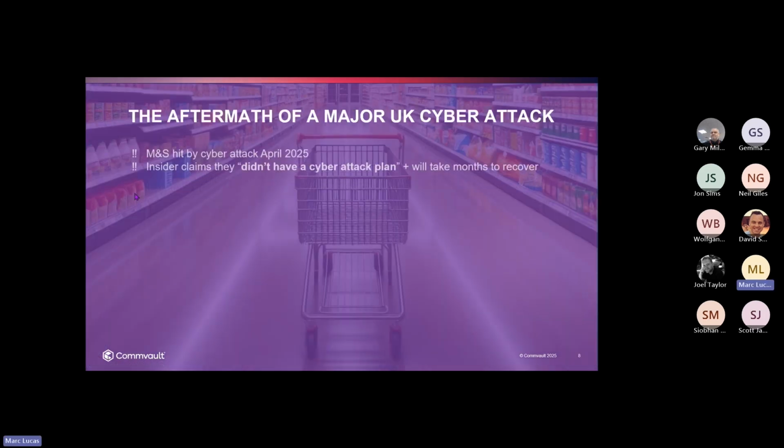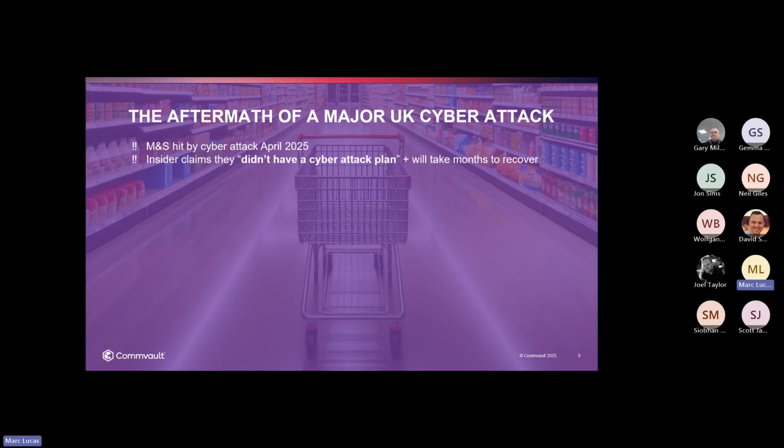Okay, so I mentioned M&S earlier. This isn't news to you. It certainly isn't news to your customers, and I would imagine you've already added this to your conversation when you're talking to your customers about what not to do when it comes to being cyber resilient. So Marks and Spencers, I've talked to many partners who said, yeah, we contacted Marks and Spencer's. One of them said 18 months to 2 years ago to say about the importance of cyber resiliency, and they just didn't take advantage of that.